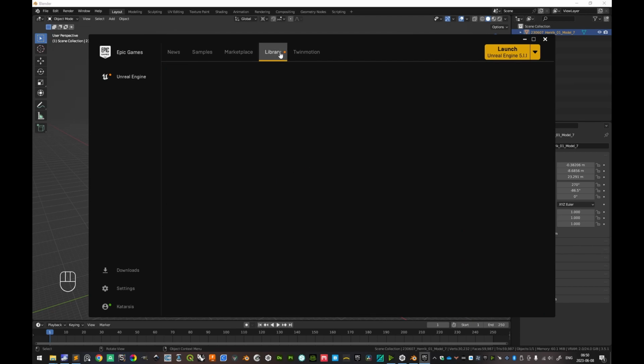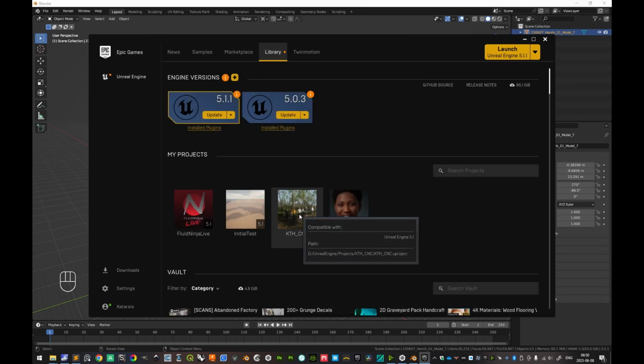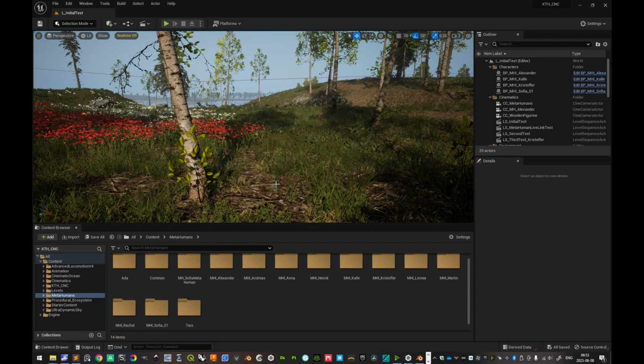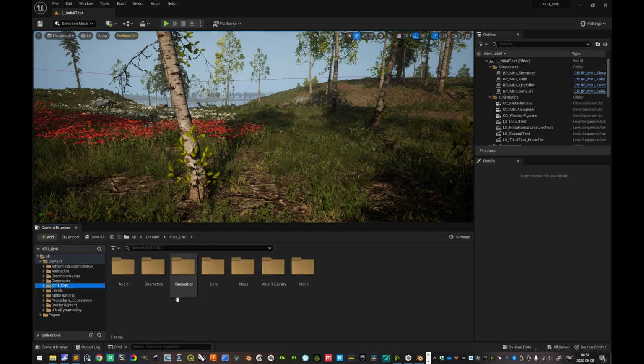And here in the Epic Games Launcher, we'll go to Library, and I'll just start a previous project here. You can start a new one or how you want it. It's not the main point of the tutorial. I'll start this one. All right, and in your project, it can be any project, because what we're doing now is actually not related to any level, any specific level. It's related simply to the Bridge custom mesh to MetaHuman interface. So we want to go to a folder where we can import the exported